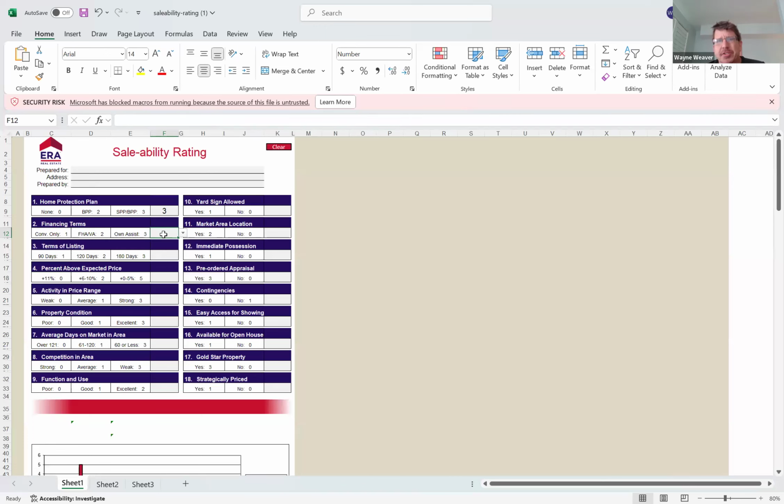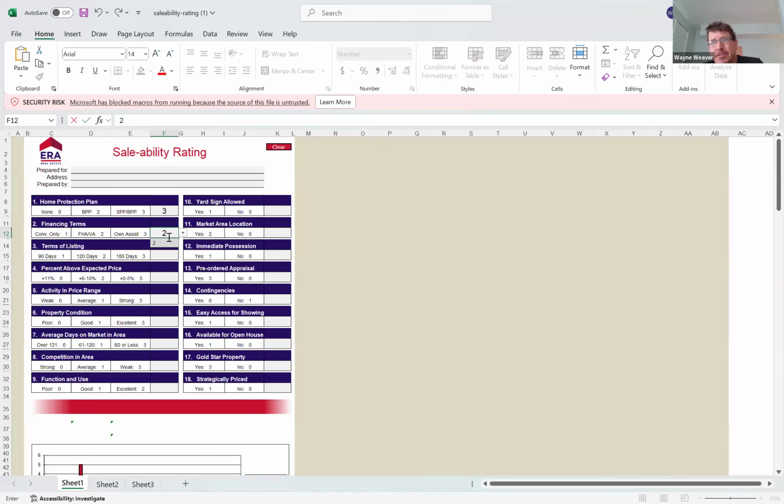Obviously, what this is doing is, a buyer home protection plan might increase the ability to sell, because a buyer might be like, hey, look, there's a warranty. We're not going to have to worry about this or that. So I might be more inclined to pick this house than 234 Main Street. So owner assist, that's rare for a regular single family home, but let's say that at least it